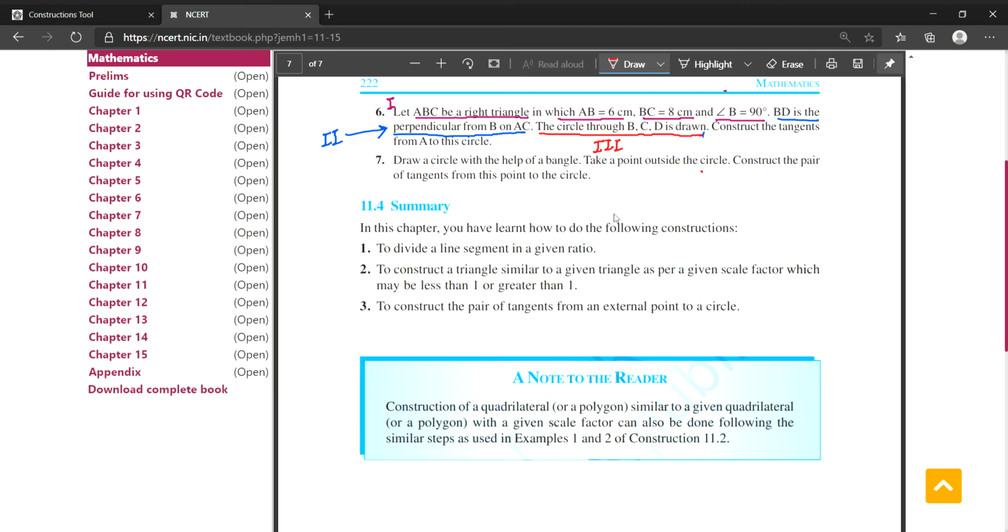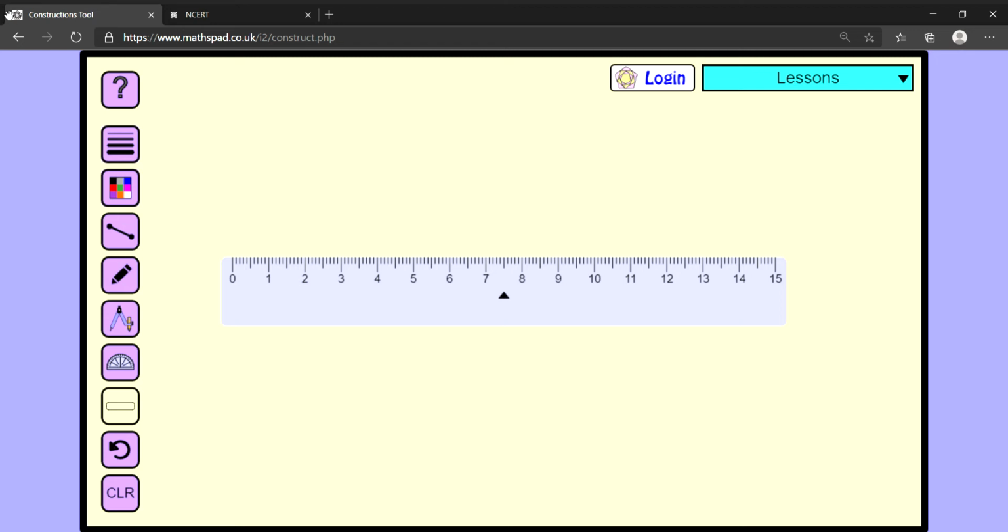Finally, we have to construct tangents to that circle from point A. The circle that we have drawn in step 3, that will be having tangents drawn from point A. So there are 4 parts to this construction. Let's do it one by one. First of all, construct a right triangle with AB as 6 centimeters, BC as 8 centimeters and angle B equals to 90 degrees. So I'm going to start with the line segment